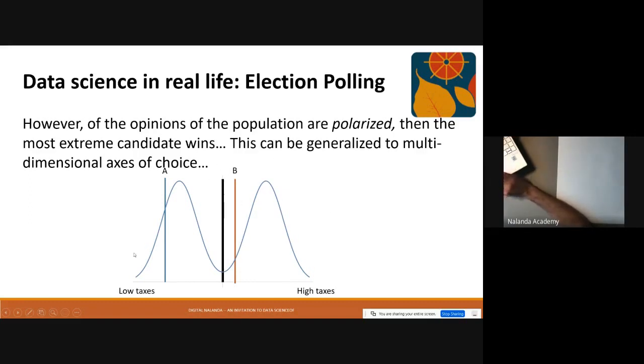Once the population is polarized, you have basically favored the extreme candidates. And this is how our democracies have been hijacked all around the world. Because how do you go from here to here? It is through media manipulation, through capture of institutions,